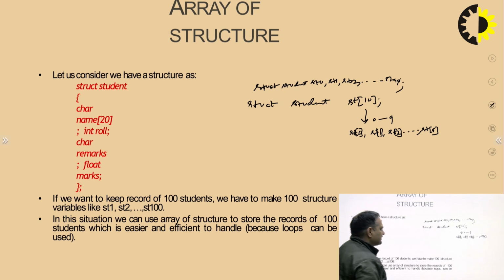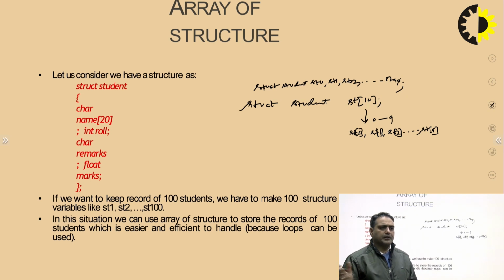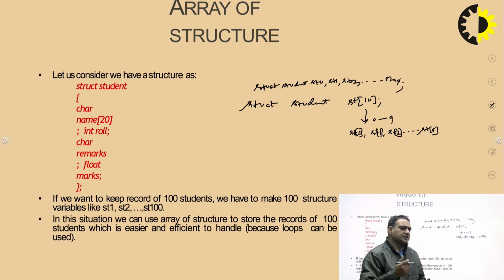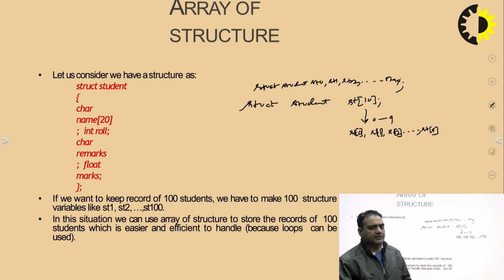It is unnecessary to rename all the structure variables in this way. A better way to declare all the structure variables: if you are declaring 50 structure variables, then there is no need to declare st1, st2, st3 up to st50. The better way is to declare these 50 structure variables in array form, that is, struct student st[50];